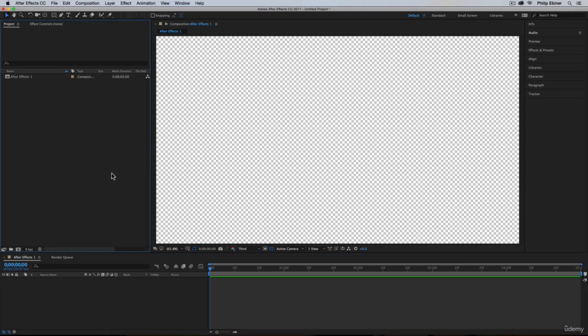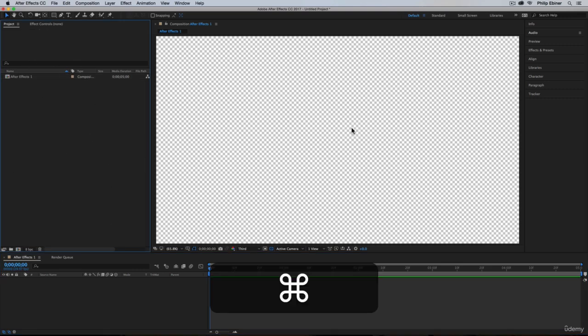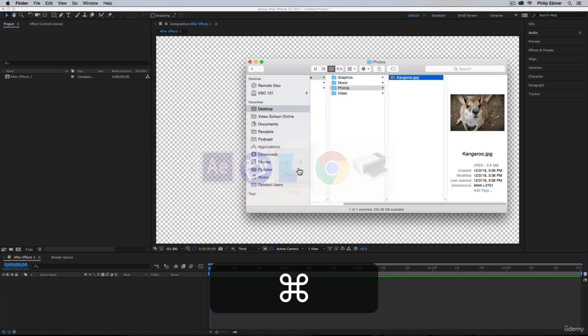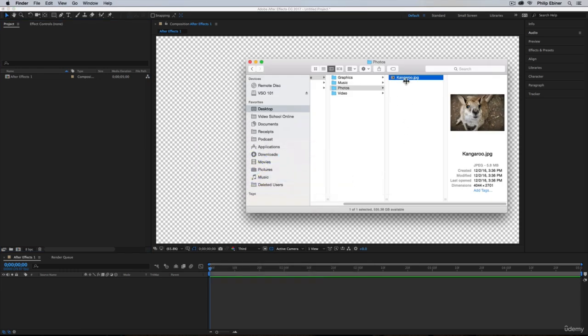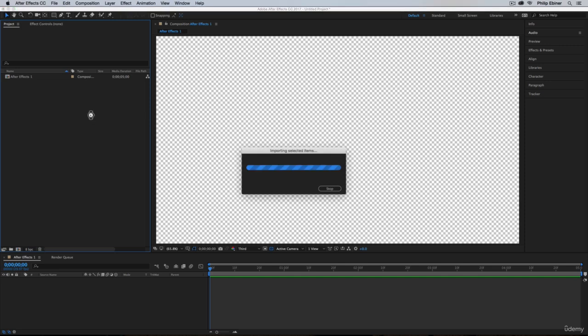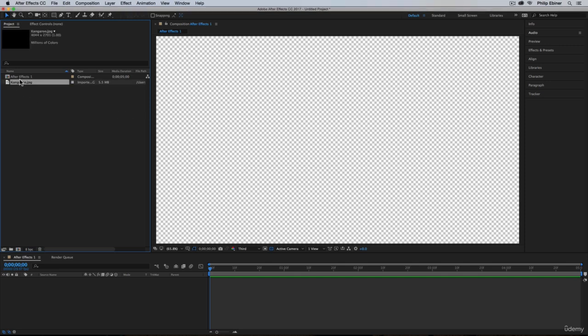To import media into your project to work on, just go to your Finder folder or your Documents folder, and then you can simply drag any asset into your project bin. So for example, if I wanted to bring in this picture of a kangaroo that I shot in Australia, I can just simply drag it and drop it in After Effects. And you can see that when I get that plus green button,